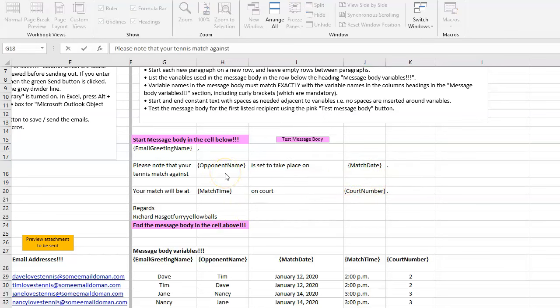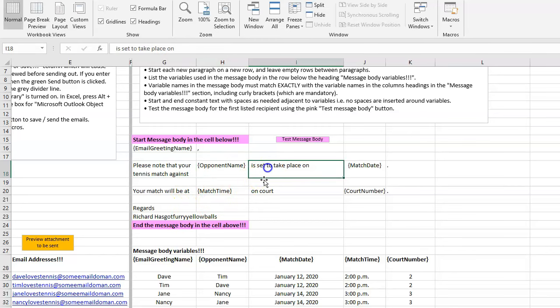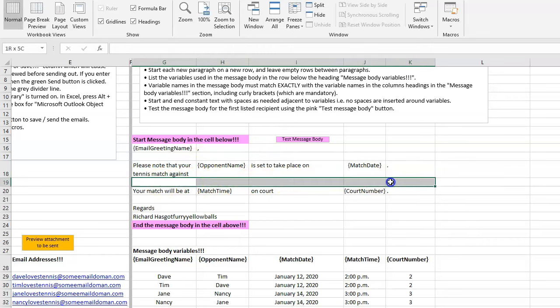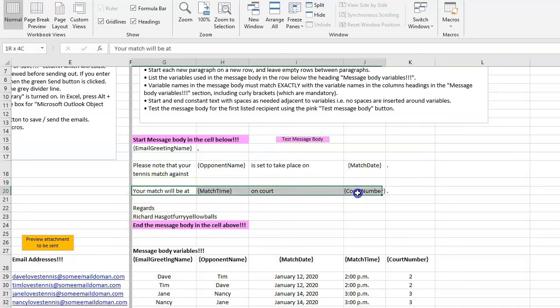It's also important to note that there'll be no spaces around your variables in the message, so you must include your spaces at the end of the text before or after your variable. For example, in this case, there's a space after the T of against, and there's a space before the I of is. Each paragraph is entered on a single row, then you have a space because you want a space between paragraphs, there's the next paragraph, there's a space, and there's the end of